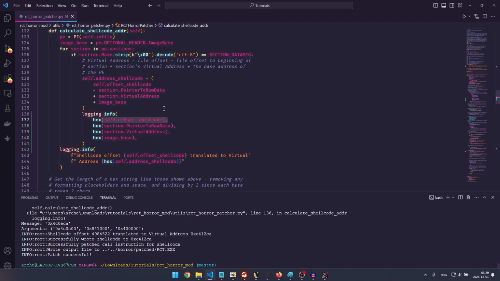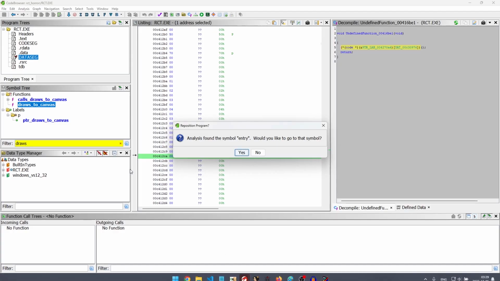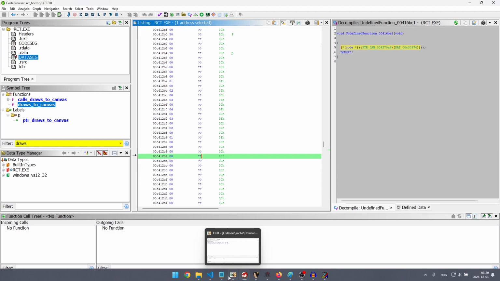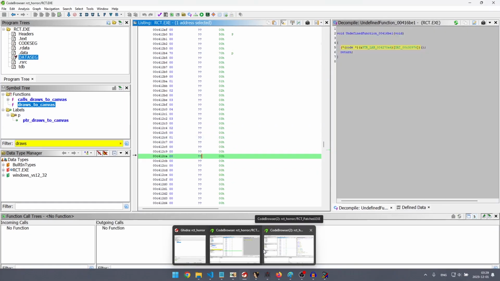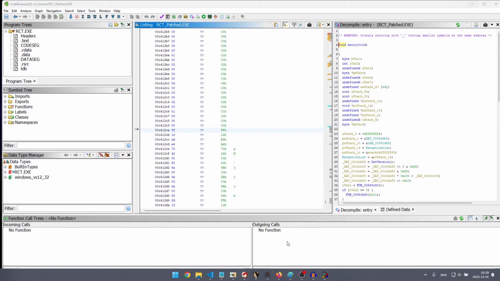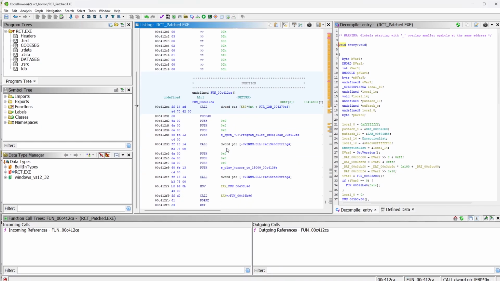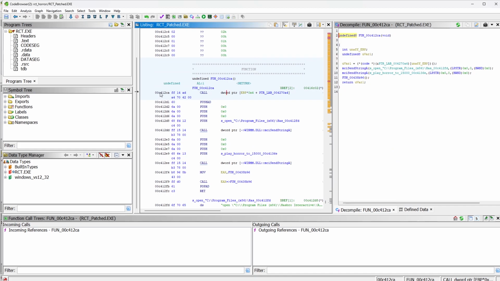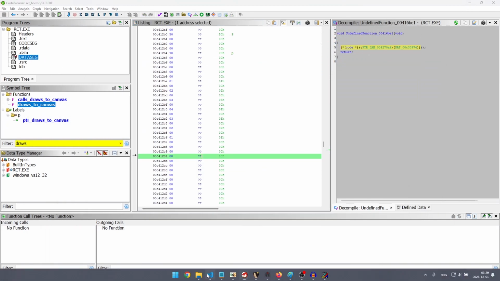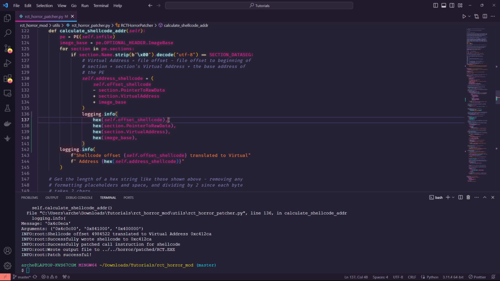So this is a file offset. This is from the start of the file. How many bytes is it to where we want to write our shellcode? To convert that to the virtual address, such as C412CA, for example. Let me disassemble this so you can see. Yep, there's our shellcode. To convert that offset to a virtual address like this, we have to take that offset,